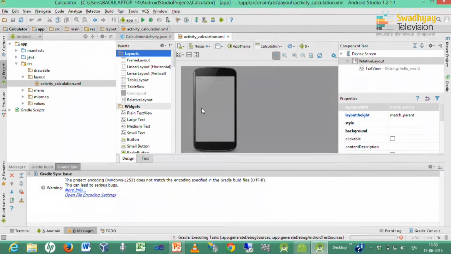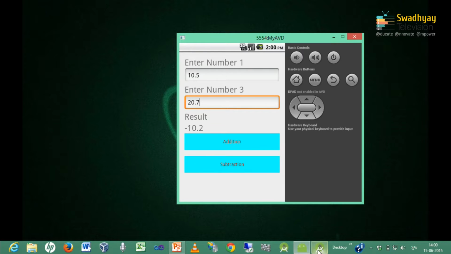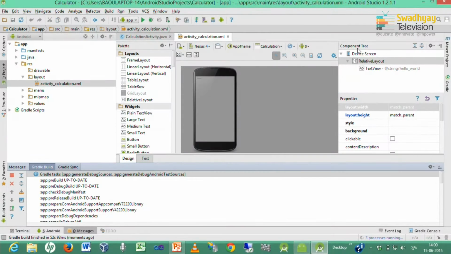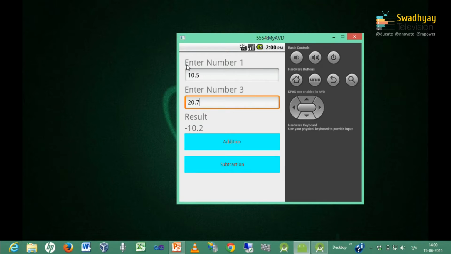Here we want to place all the content that we have seen in this emulator. So according to this screen we will design our interface. First, this layout is by default a relative layout. You can see over the mouse pointer. This layout is a relative layout that we can see in the component tree. So first I would like to change this layout to a linear layout, because here every control is rendered in horizontal lines. So this kind of layout is called a linear layout.